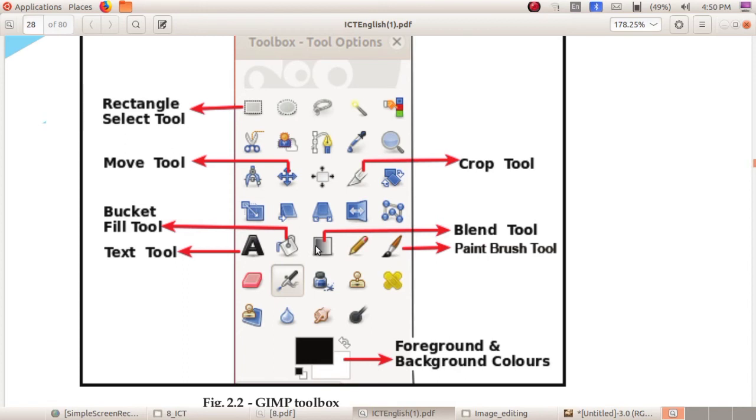This is the blend tool, which is used for mixing two colors. This is the paint brush tool, which is used to draw lines or anything. And this is the foreground and background colors tool. We can look at all the tools in detail in the next class.